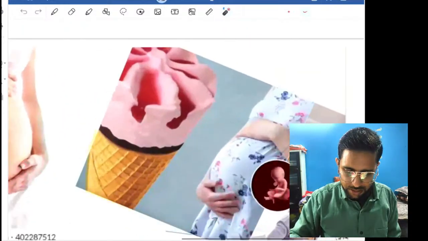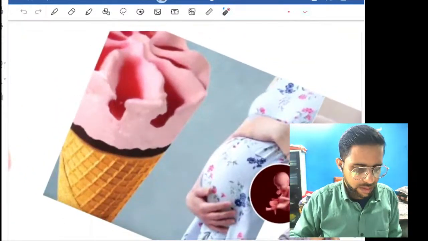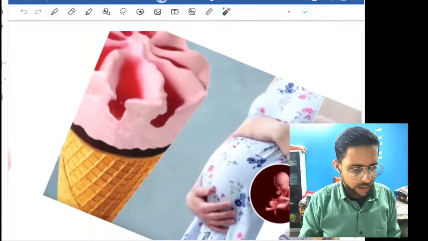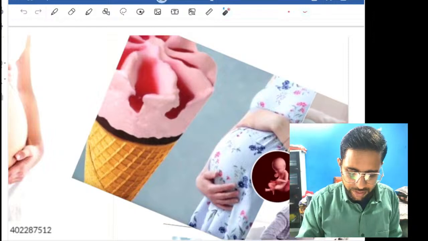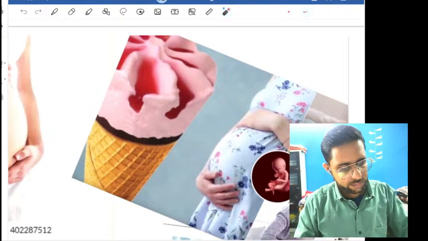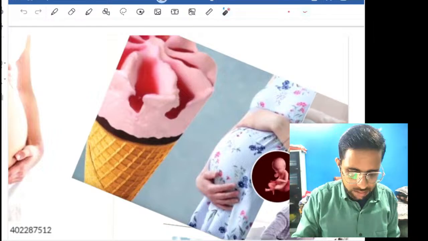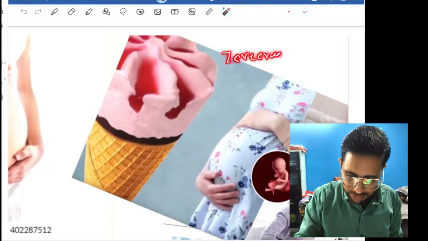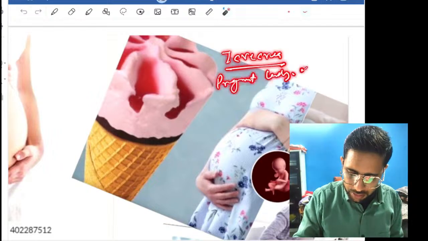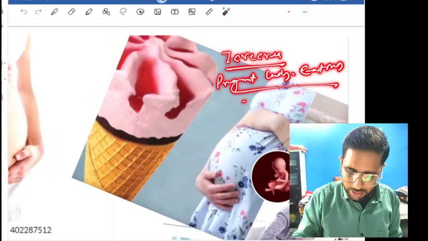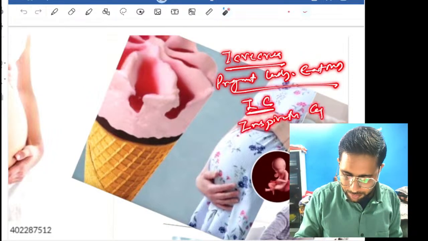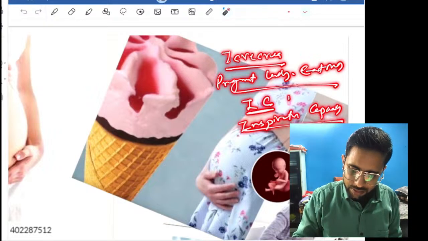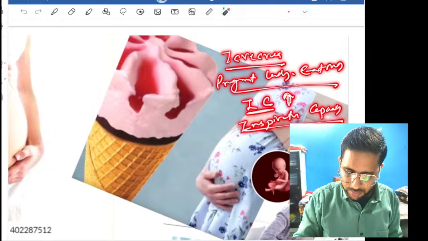Yes. Now next diagram, see this diagram and tell me what we relate by this picture. You who attended yesterday's session, what is this? Yes, this is ice cream. Pregnant lady eats more ice cream. Ice cream, icy, means inspiratory capacity. So pregnant lady eating more ice cream means inspiratory capacity